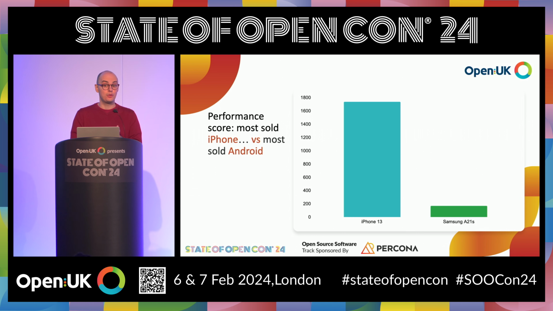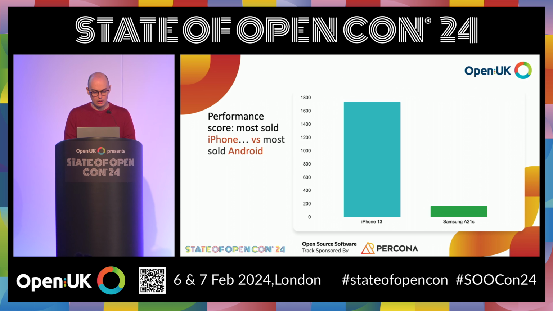against the most sold Android phone in the world in 2022. Basically, the iPhone 13 can run your code 10 times as fast as the most sold Android device in the world. Which is crazy because, yeah, you basically need to take into account low-end devices when developing your apps. And I feel like sometimes as developers, we tend to have very good phones ourselves and maybe not pay attention